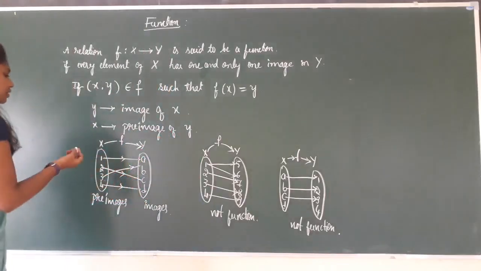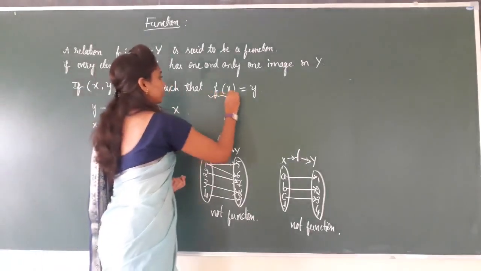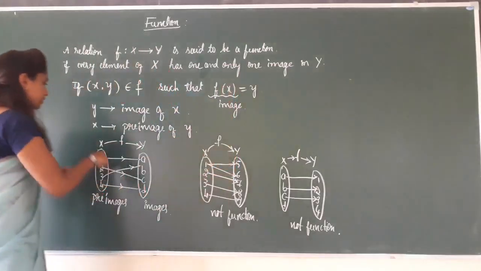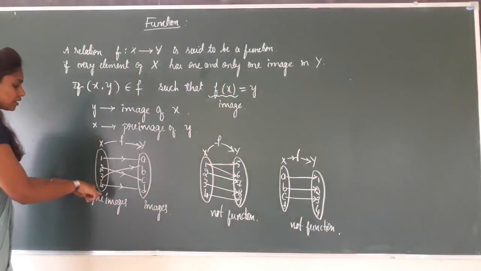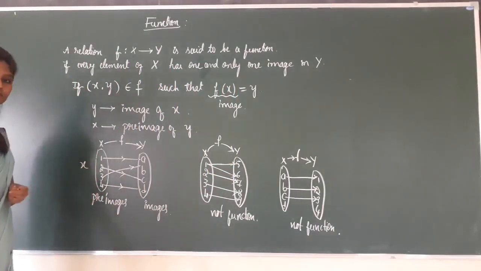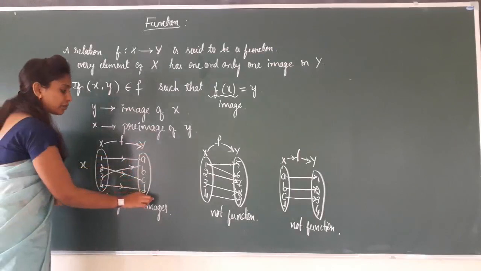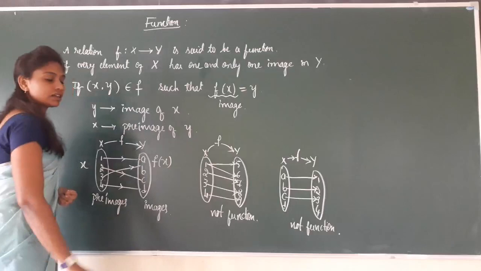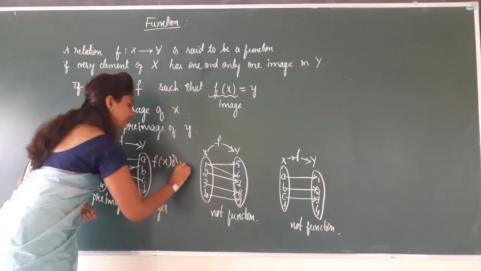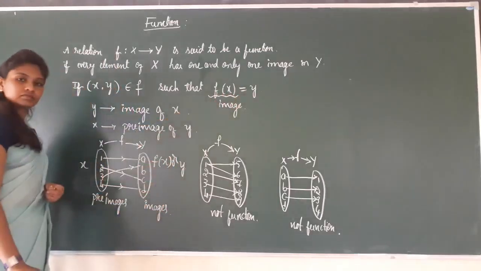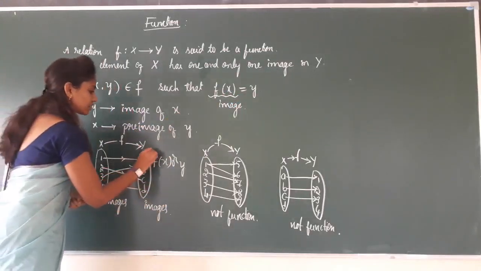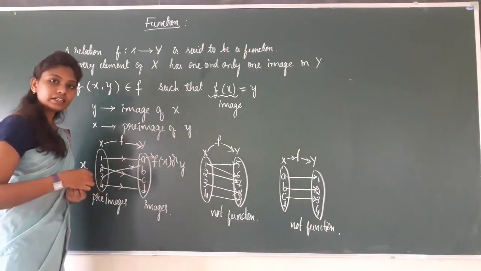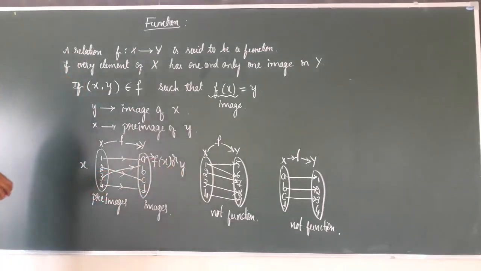Okay. So here f of x is called the image. These are the elements of the set X, denoted by the small letter x. These are all the elements of the set Y, that is taken as f of x or y, that is f of x is equal to y. All the elements of this set Y are taken as f of x or y. Clear? Now move on to the types of function.